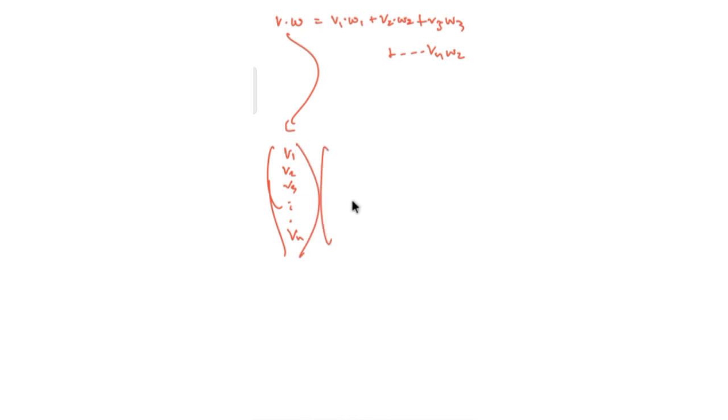What's actually happening, the main motto behind all this, is to teach you that the dot product V into W is equal to V1 into W1 plus V2 into W2 plus V3 into W3 and so on till Vn into Wn, where V is V1, V2, V3 and so on till Vn, and W is W1, W2 and so on till Wn. Fine. So this is the dot product. That's all I wanted to teach for the very first part.